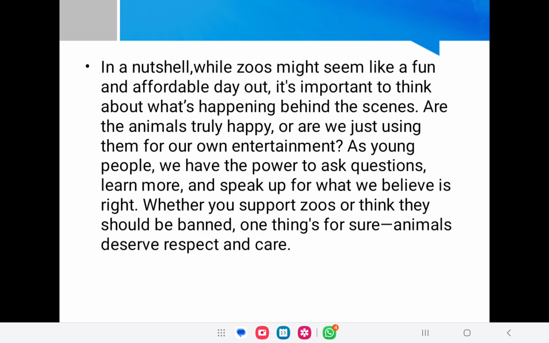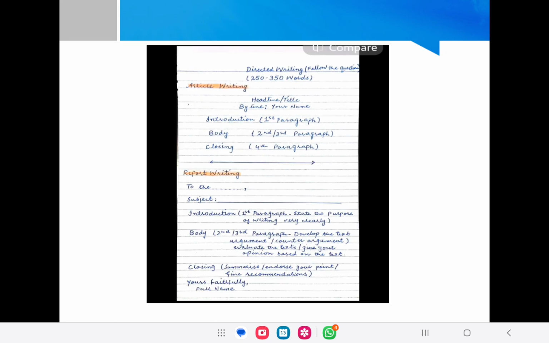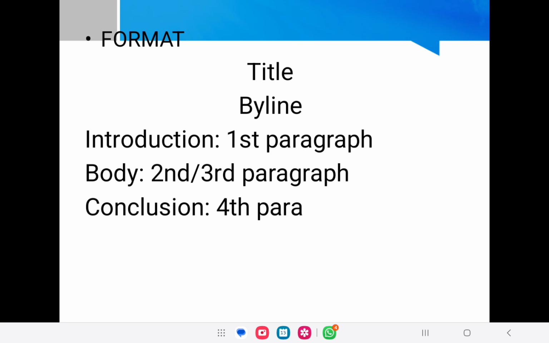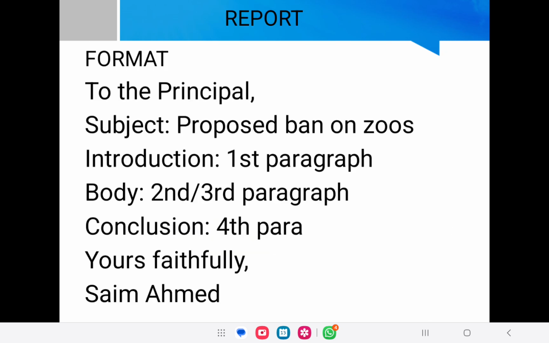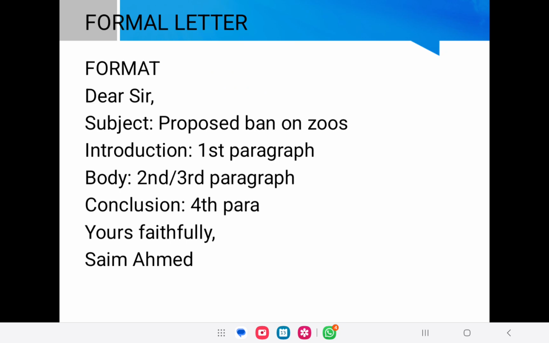So we have discussed the report, the article, and the speech. Now first we are going to talk about the format of a formal letter. Basically a report, an email, and a formal letter are the same. They differ a little bit in their formats, but the content handling is the same in a formal report, formal letter, and formal email. So the format of a formal letter is that first you will start it with dear sir,